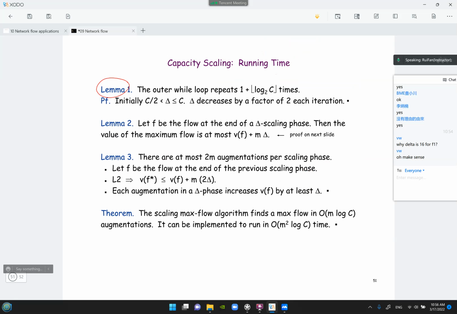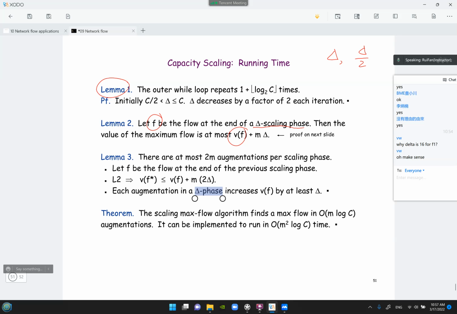Lemma 2 is this important lemma. We're going to run multiple phases of this. Let's say in the current phase we're using delta, and then in the next phase we're going to use delta over 2, and then delta over 4, and so on. Now suppose in this delta phase you found some flow f, which has this amount of flow. Then this lemma says that the maximum flow, which is what we're trying to find,